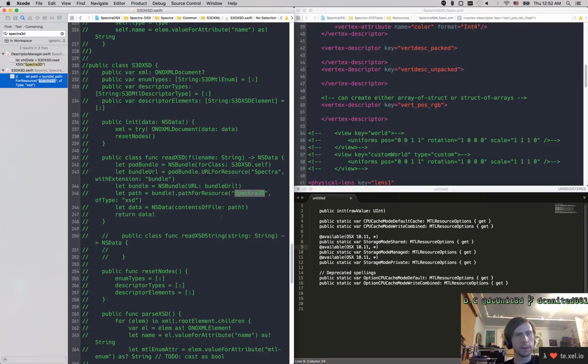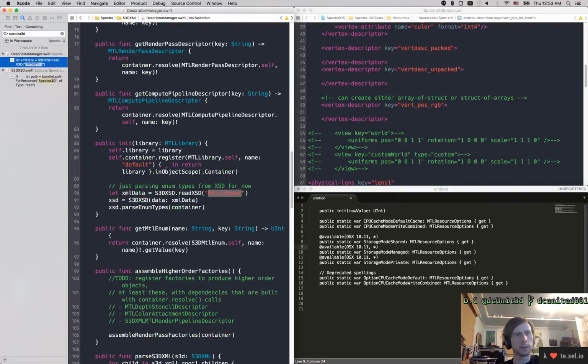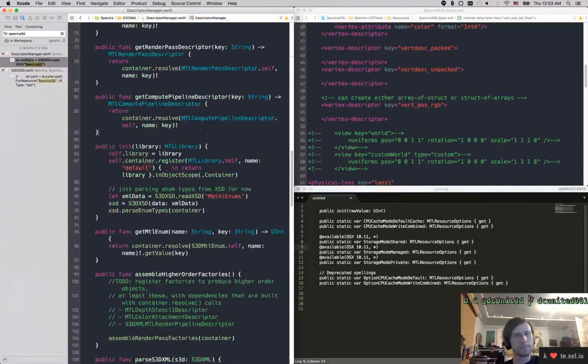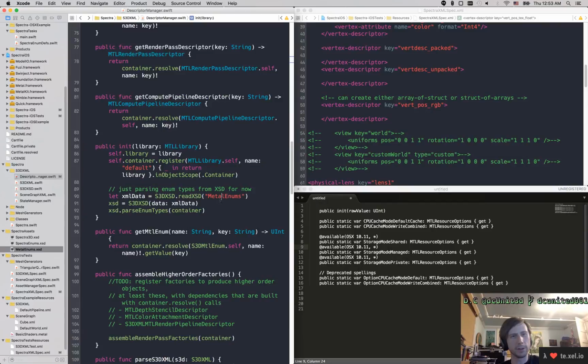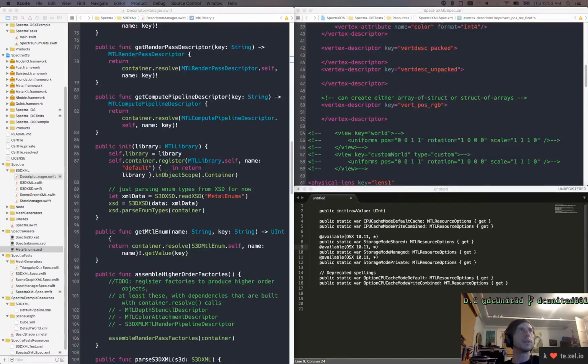Doing that, and that's pretty much it. I think. Because I haven't actually implemented this stuff. I'm just going to change my target to my test target and hope that everything doesn't break. It really shouldn't, but